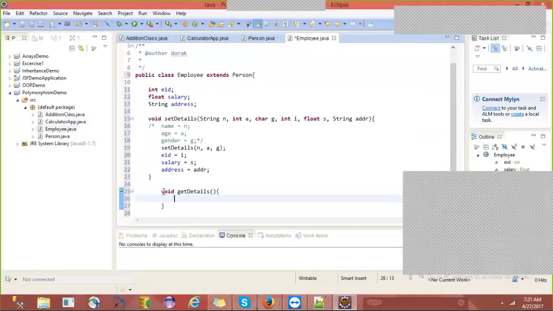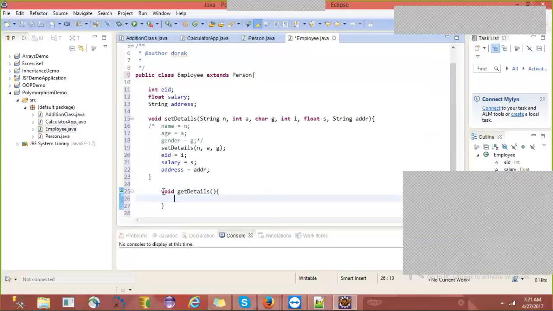So here in getDetails, what are the lines I need to write? Can you type in the chat window? I'll type that in the code. Anybody can type. Even you can refer to your previous code.